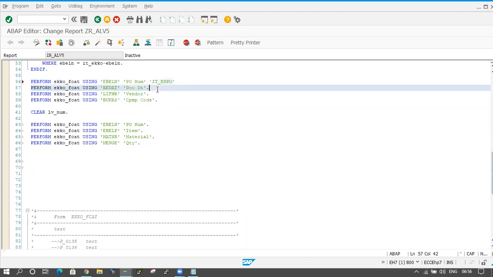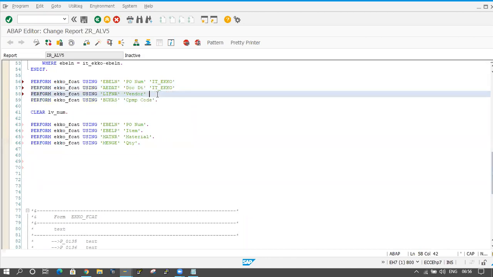Okay, I am taking one more input variable here, ITEKKO and ITEKPO.